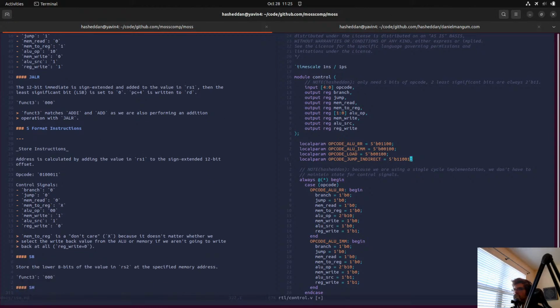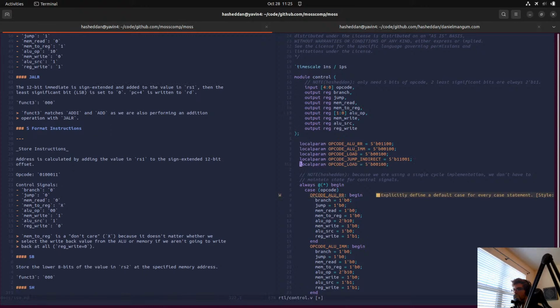Store instructions. So let's say opcode store, and it is 01000.